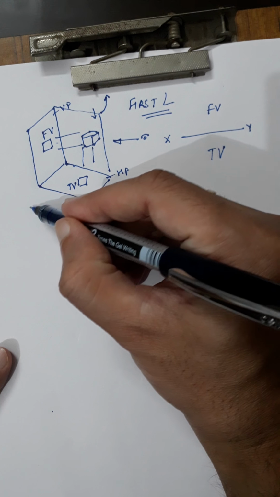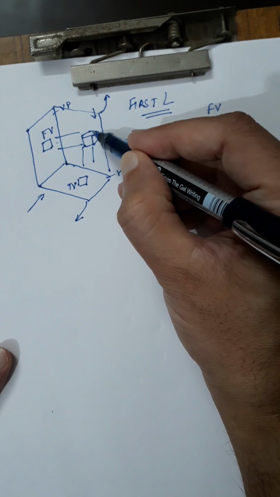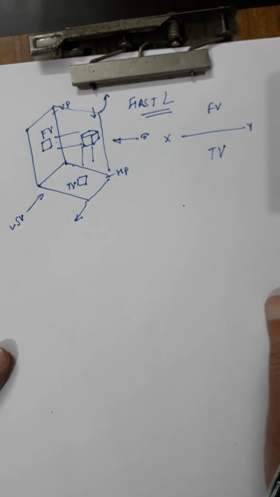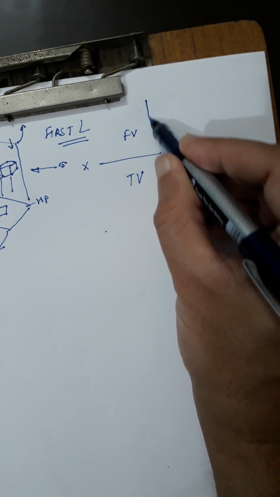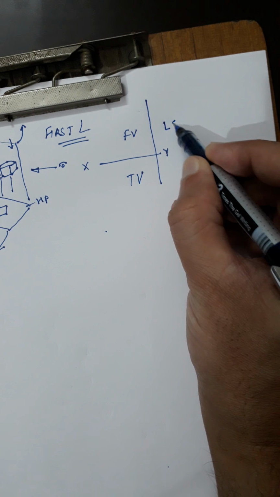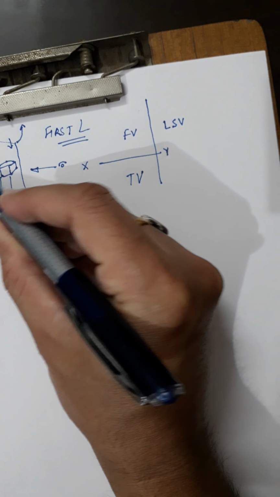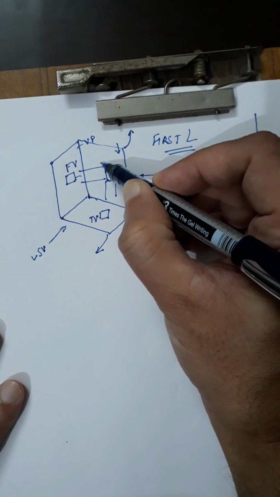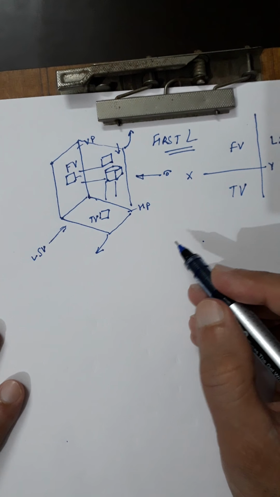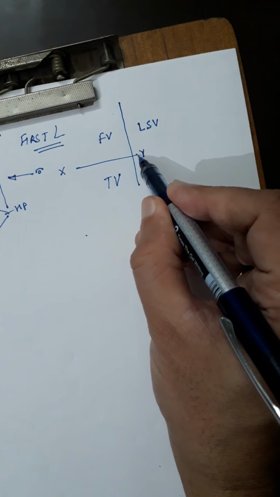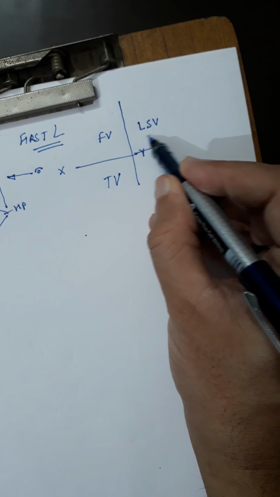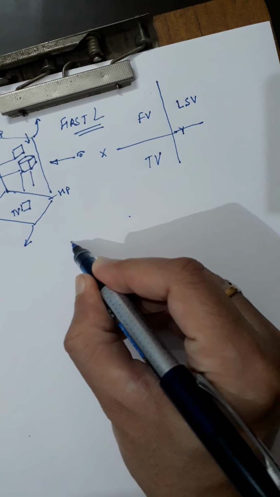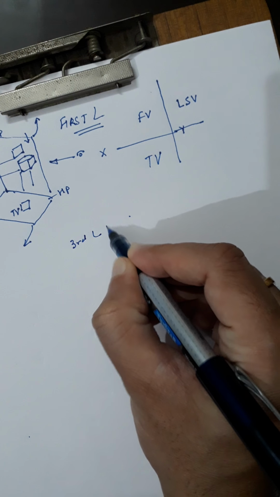Then when you see it from this side, the side view will be projected on this PP. This is the left side view, as you are seeing from the left side. It will be to the right of the front view. So the left side view will be moving to the right of this front view here. So you can represent it here: front view, top view, and then the left side view to the right of the front view.